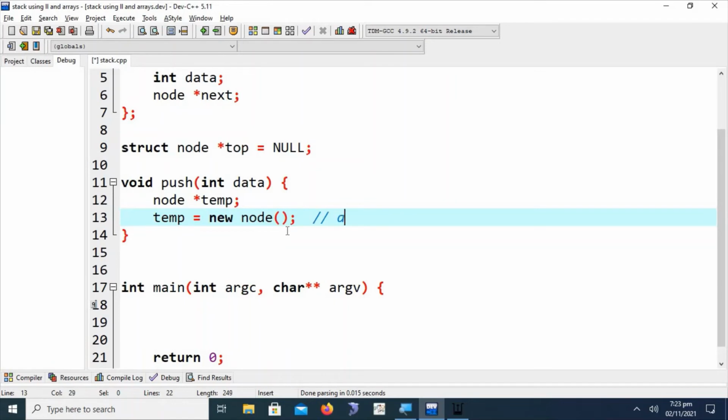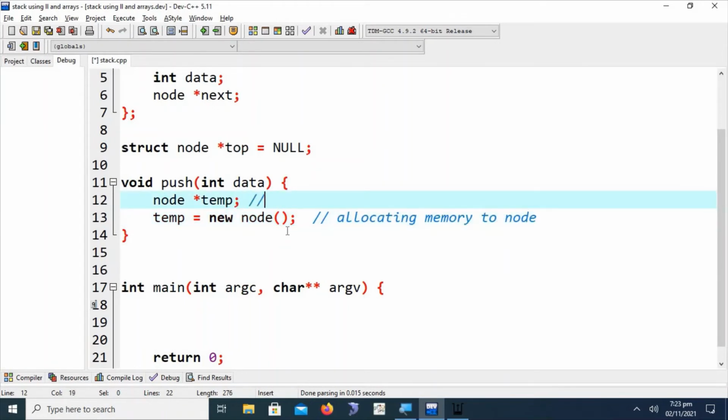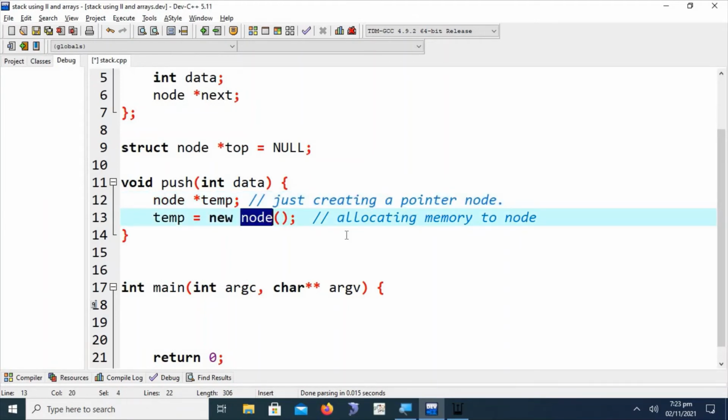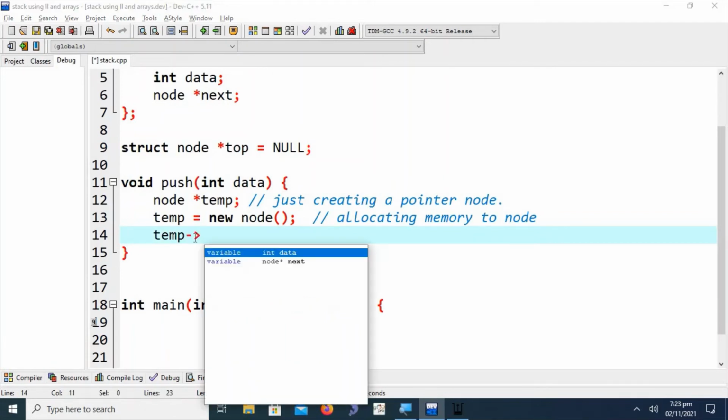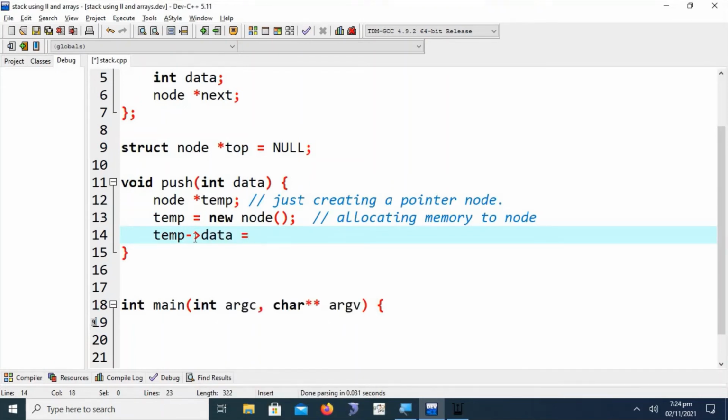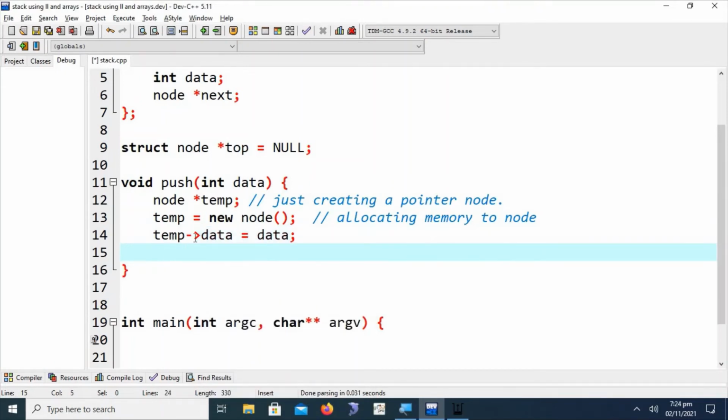Here we are allocating memory to the node. In the first line we are just creating a pointer node. After creating a pointer node and allocating memory to it, we have to assign data to the node declared as temp. We say temp data is equal to the data provided as parameter.